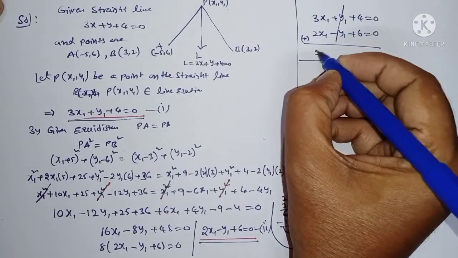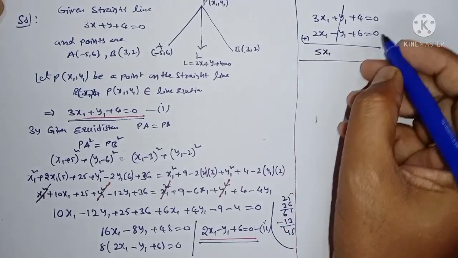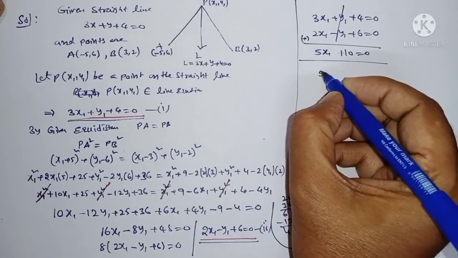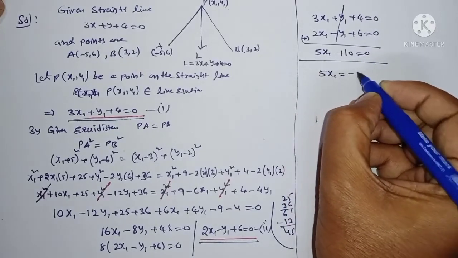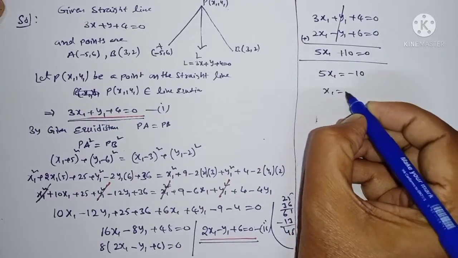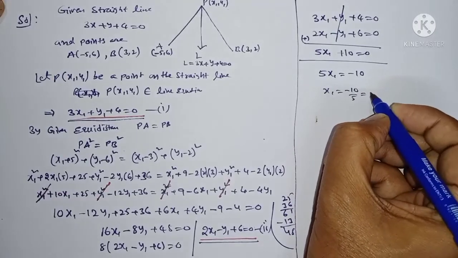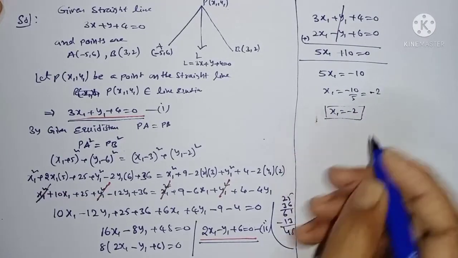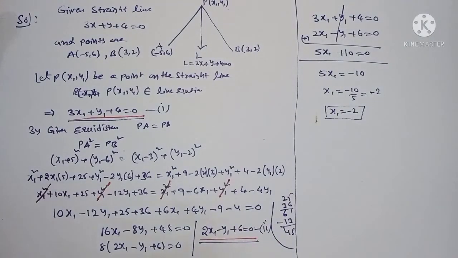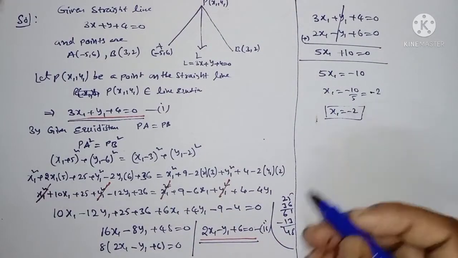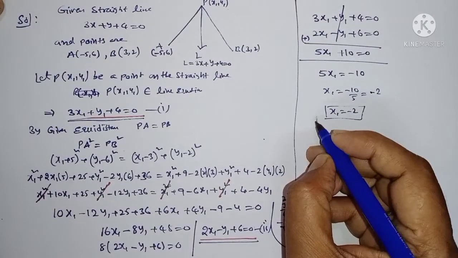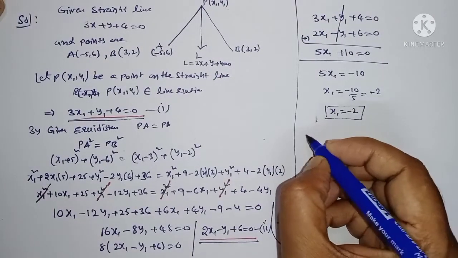What happens is 5x1 plus 10 is equal to 0. Therefore 5x1 is equal to minus 10, so x1 is equal to minus 10 by 5, which is minus 2. x1 is equal to minus 2. Substitute the x1 value in either equation 1 or 2. From the second equation,